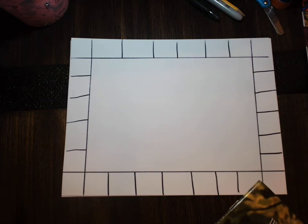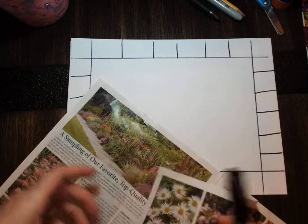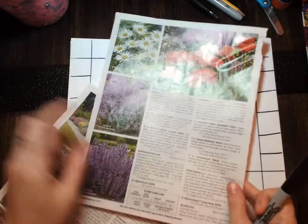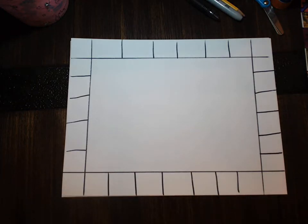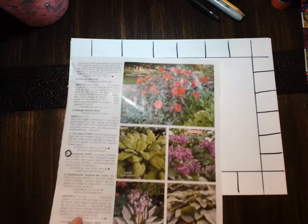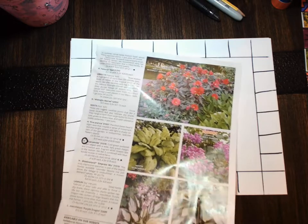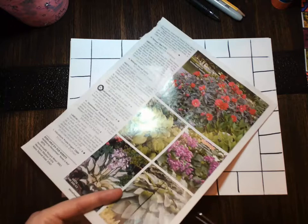So all I did for that, and if you have an old magazine or some junk mail, just rip out a page. Or you can even use pieces of newspaper with words on it if you want to do that. A lot of collage artists do that. They take pictures and images and words from other sources, and they just cut them out and add them to their work. So I just kind of cut out a strip of paper like this,